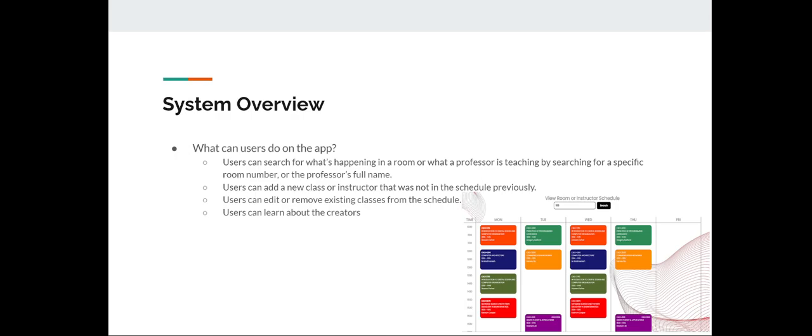And then other than just searching classes, you're able to add a new class or instructor that wasn't in the schedule previously. So when you upload the CSV, all of the classes that were in that CSV are automatically parsed and added to our database. So we can see, hey, Principles of Programming Languages existed last semester, and it was taught by Gregory Gelfand. But that means if a new class is being introduced or a new professor starts working here, we need to have the capability to add a new class or a new instructor to the schedule, and so we added that